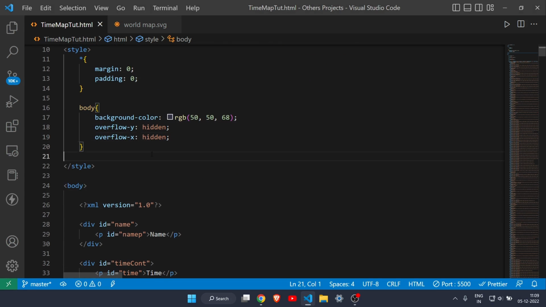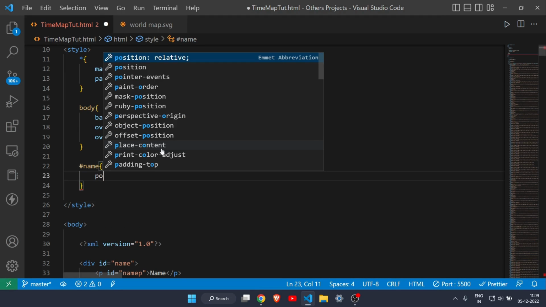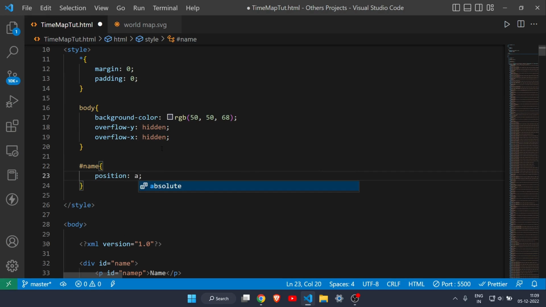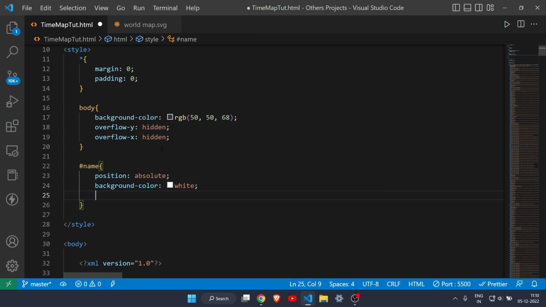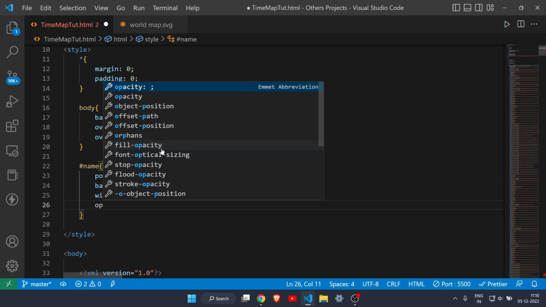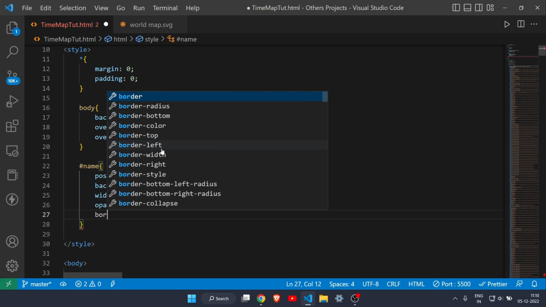Alright, now let's target the main tag, which is the div. I will write position absolute, because we want it to move wherever our cursor will be. And I will write background color white, then width is equal to fit content, then opacity will be 0 for now. I will tell you why. Then border radius,